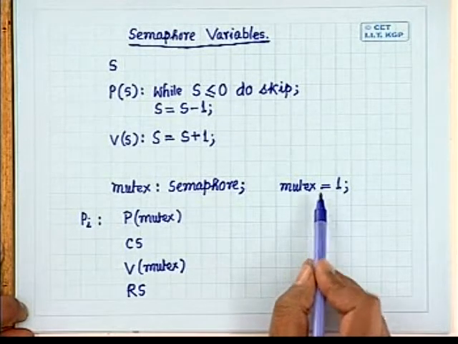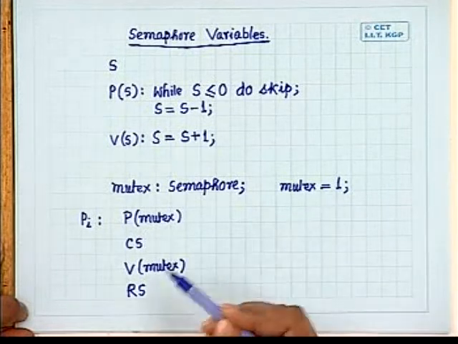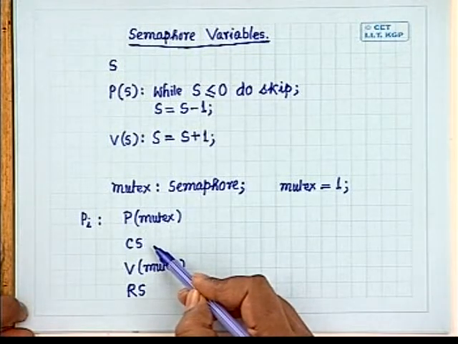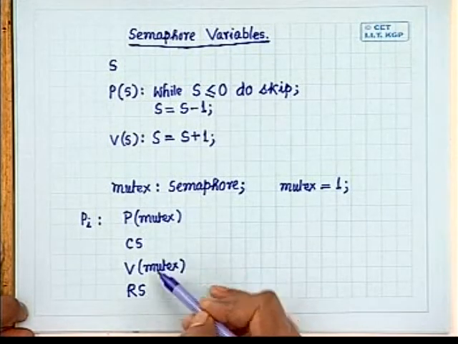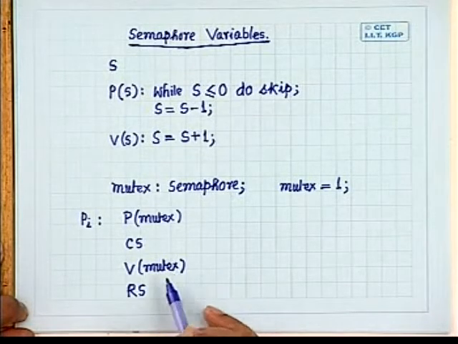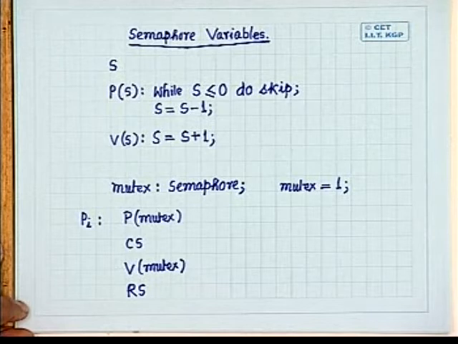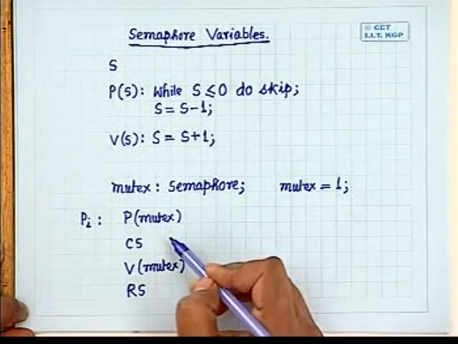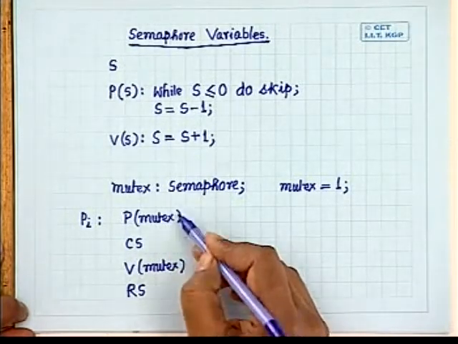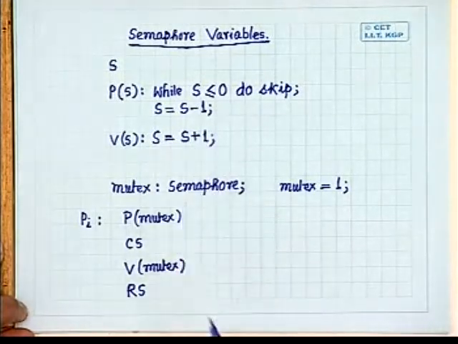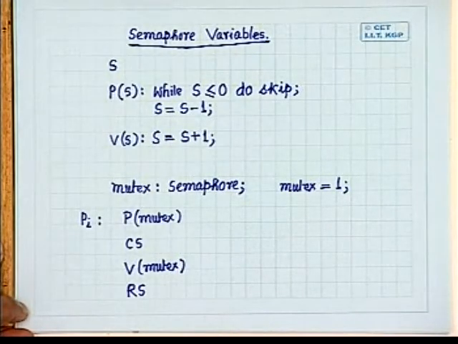Okay. And mutex will be made equal to 1 only by the process who is in the critical section, and while coming out of the critical section in the exit section, that will perform the V mutex operation and will increment the value of mutex to 1. Okay. So you find that by a simple strategy like this, following the property of semaphore variables, we can implement a mutual exclusion